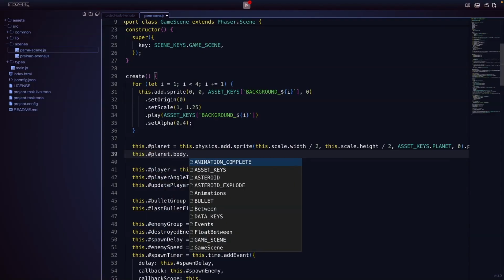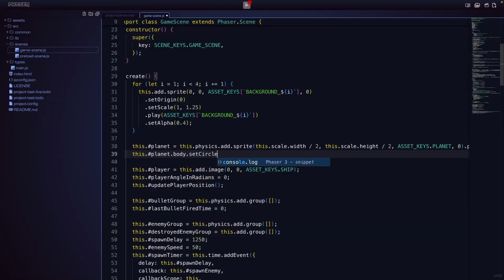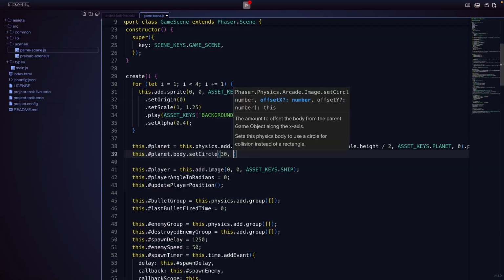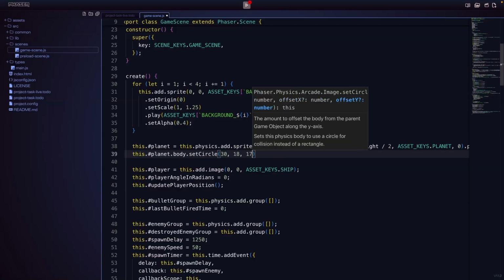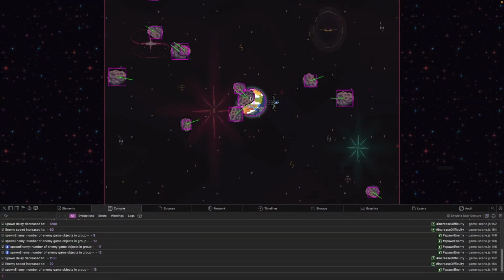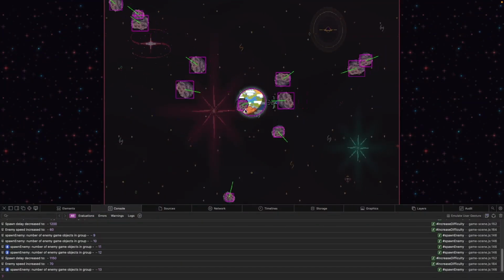body, and now we want to use the setCircle method. Our setCircle method allows us to specify how big we want our circle physics body to be. For this, we'll do 30 pixels, and now we can provide an offset of where we want to position that in our game. We'll want to do 18 pixels for both our X and Y. Now if we save, we come back to our game, we'll see our planet now has a circular arcade physics